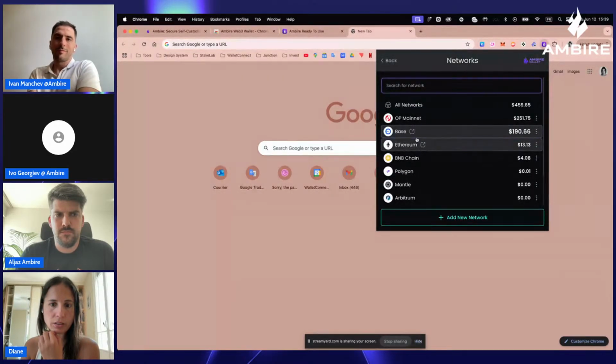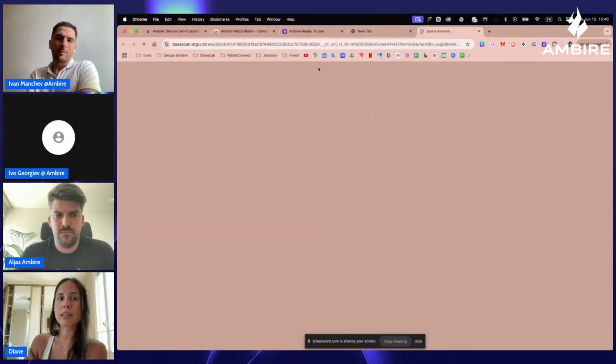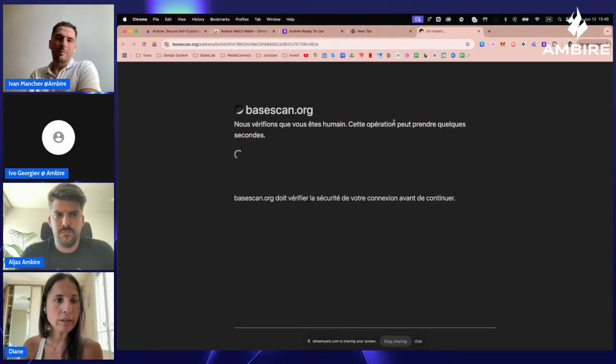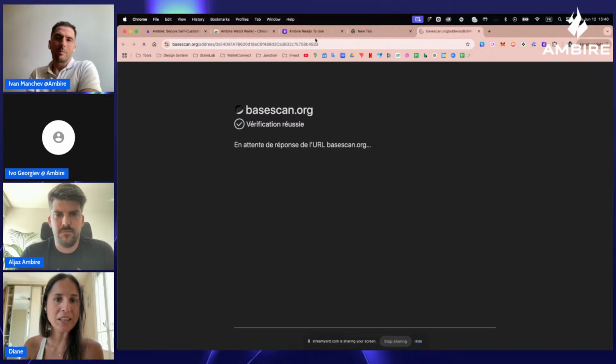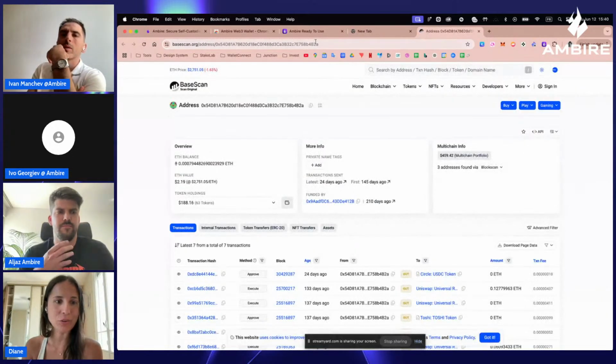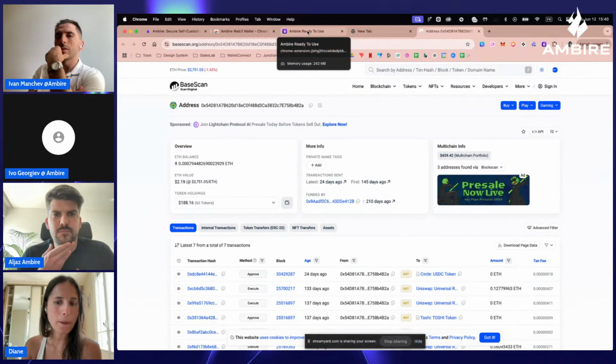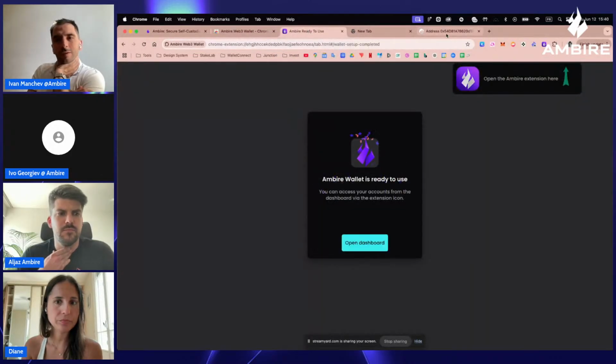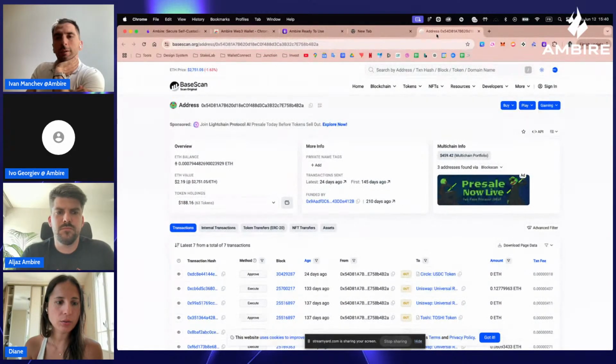I don't think we need more than the row hover arrow here, because this generally means an external link, but here we don't open an external link. Oh, sorry, I misclicked. It's on Base. Okay, great. When I clicked, it just opened my Base network. Okay, cool. So it shows me my address on Base.